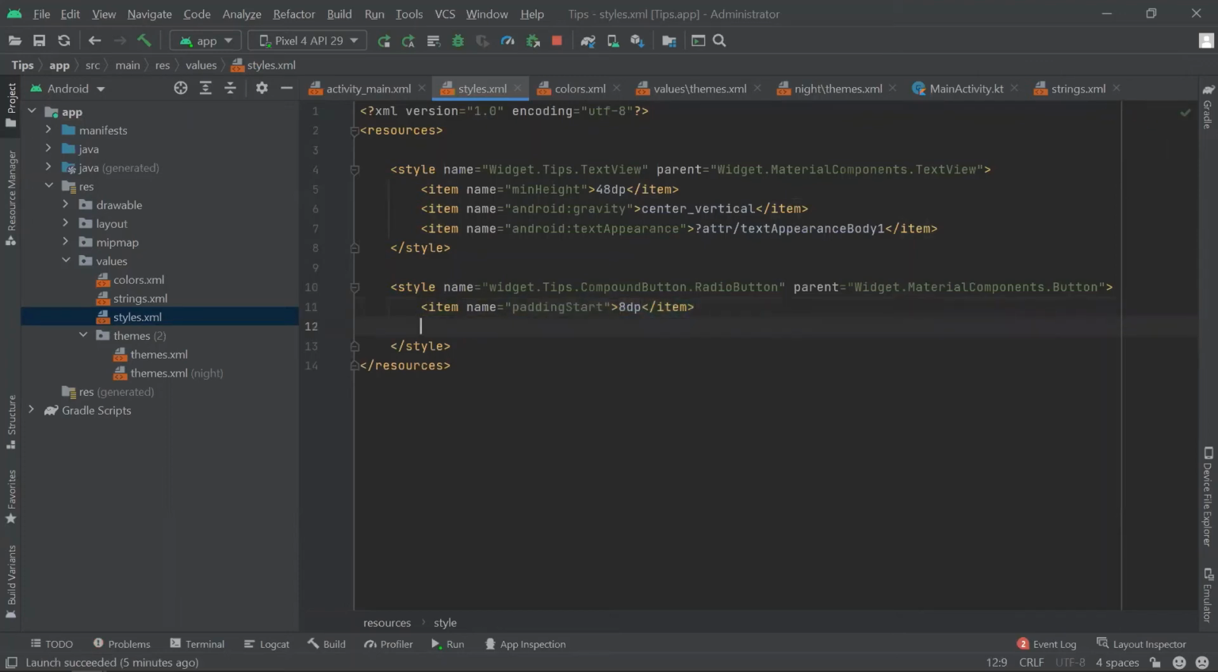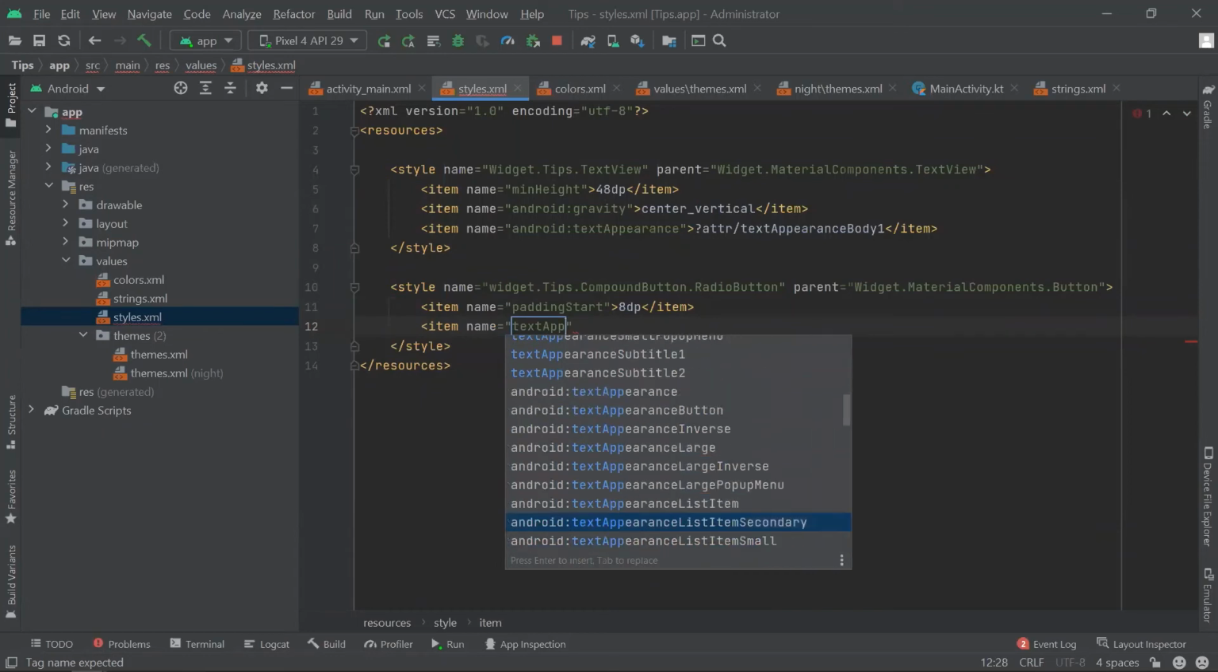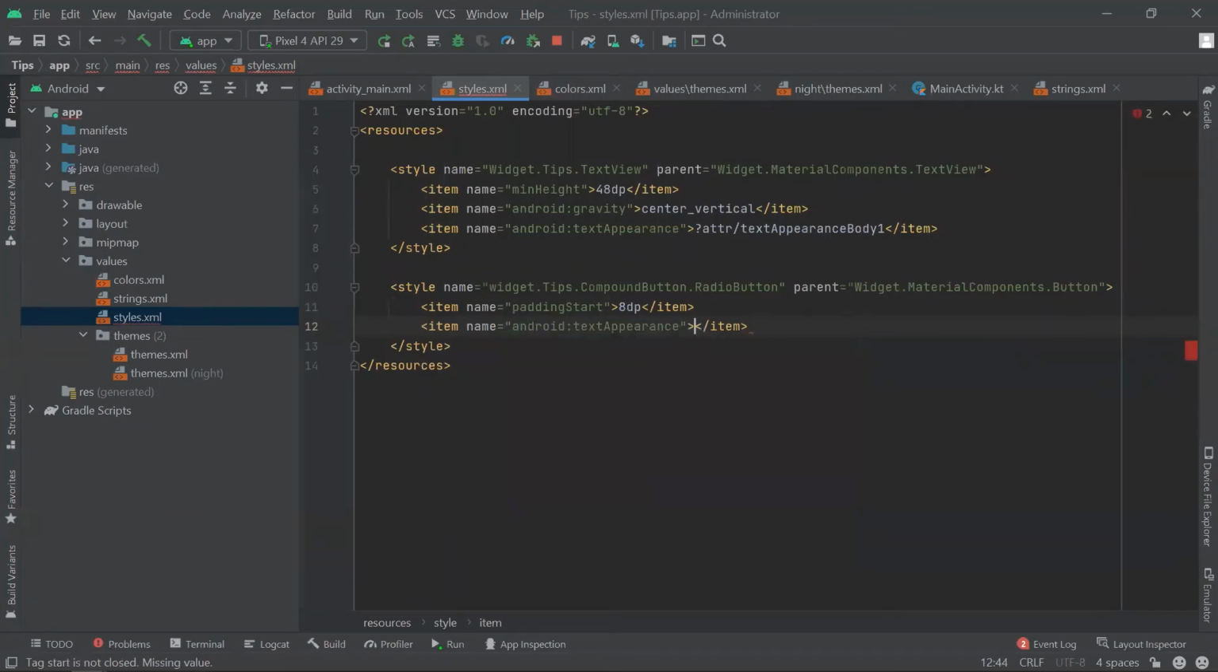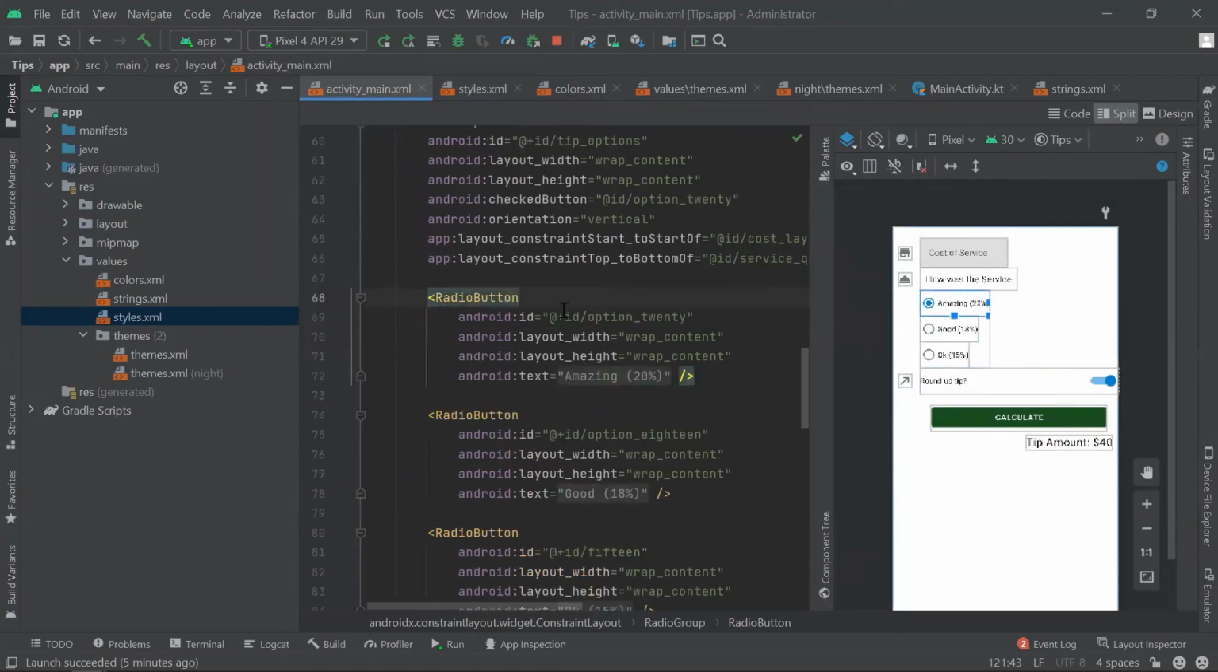And then maybe another thing I want is a text appearance for every item, for every text that is going to appear on the button. So I want the text appearance to have the attributes and then text appearance body one. Now I can apply this for the radio button and see what happens here. So style,